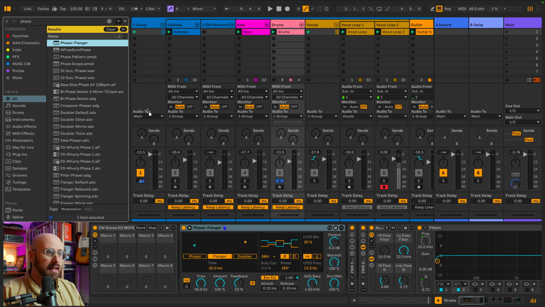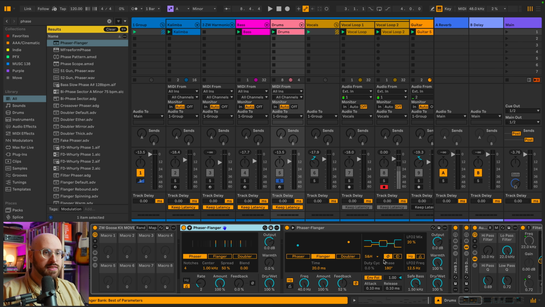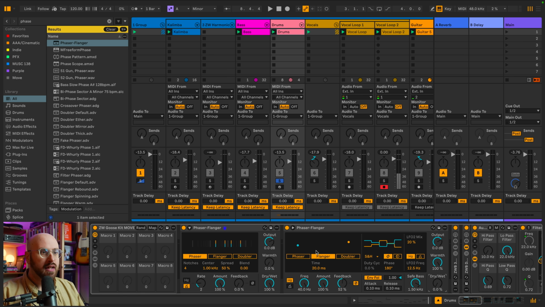Let's go ahead and, again, rebuild this one back up from scratch. We'll bring the wet dry down to 0 so we can understand what's going on here. Let's do the easy thing and switch over to flanger mode. Now, this time factor is important on a flanger because a flanger works by taking the signal, duplicating it, and then delaying it slightly. And that delay time is modulated. That modulation creates comb filtering, and that's the classic jet engine sound